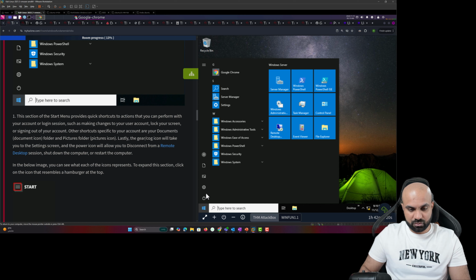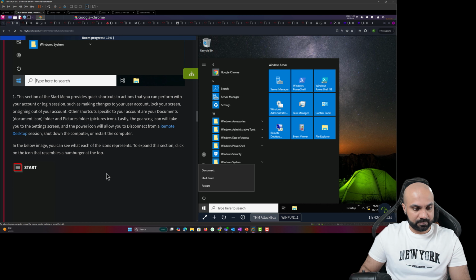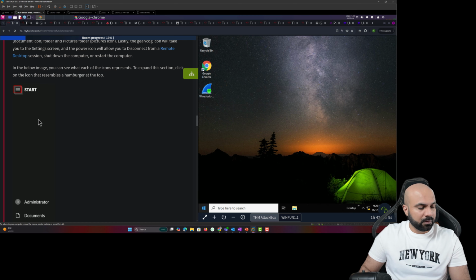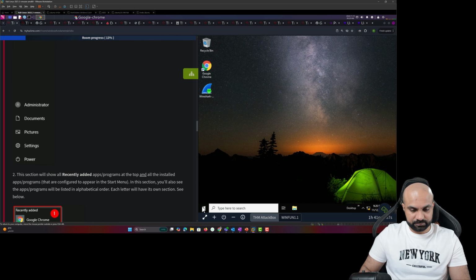That is true. Okay, so you can either disconnect, shut down, or restart. In the blue image, you can see what each of the icon represents. To expand this section, click on the icon that resembles a hamburger at the top. Okay,